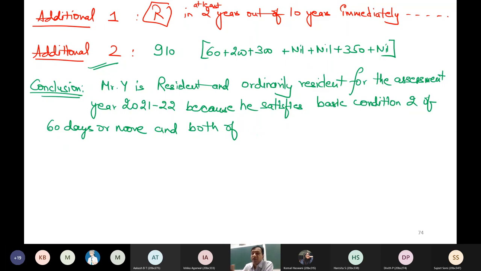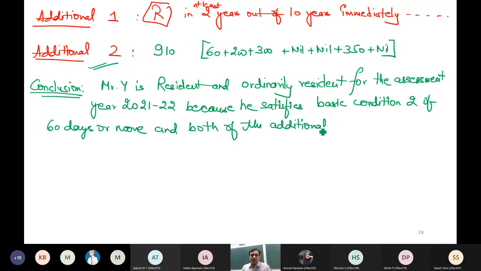So this is a rough presentation. It is not a fair presentation. I will show you the presentation later on. For the time being, let us be comfortable in doing the correct calculation. How to write it in the examination at undergraduate level or at any higher level, in professional examinations also, I will show you later on from my book. If you are appearing for civil services with commerce option, then how you should write the theory of these numericals. If you are appearing in professional examinations, CS, ICWA, etc., how you should write it. Even for undergraduate level, you should know how to present it, because he satisfies basic condition 2 of 60 or more and both of the additional conditions.